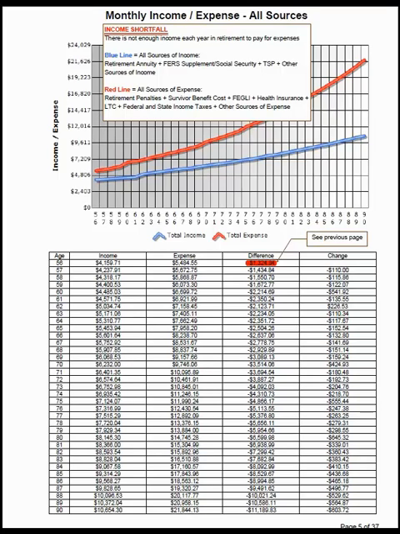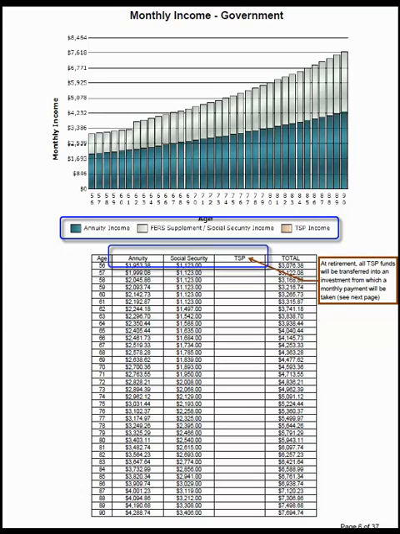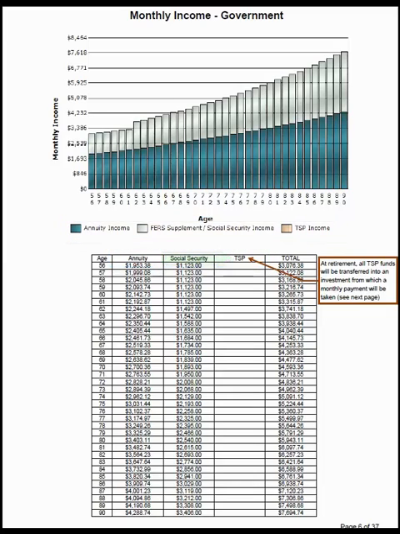I'd like to flip to page 6 of 37, and we're going to start to get into a little bit of detail. On page 6, we add up the three sources of income, but you'll notice that the TSP column in the spreadsheet at the bottom is missing, and that's because we've rolled out the TSP from the government into an investment that you have recommended for him. So flipping to page 7,